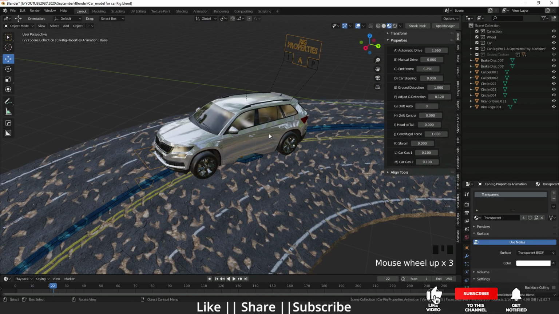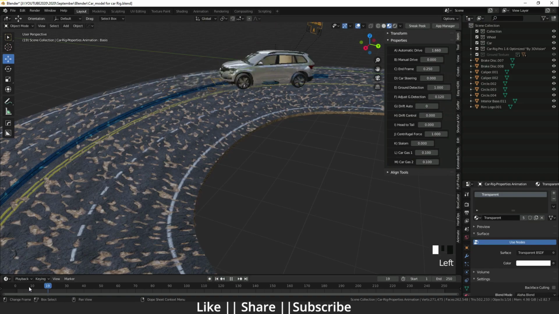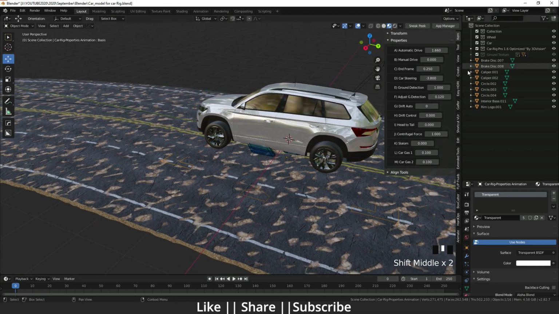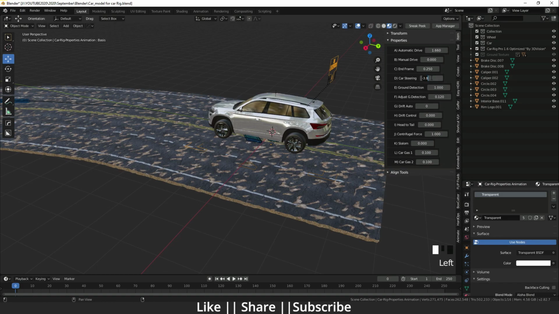Here you can see it's almost straight. It should turn when it's coming to the turning point, but it's not turning. So how can we do this? Here we have one option called car steering. When I increase it, you can see it's showing one arrow, and when I increase it, the front tire will react according to that. Wait a second, yeah, I think now it will work. So now I'm just going to 0 first of all, yeah. Pressing on the car rig, you can see now it will react.